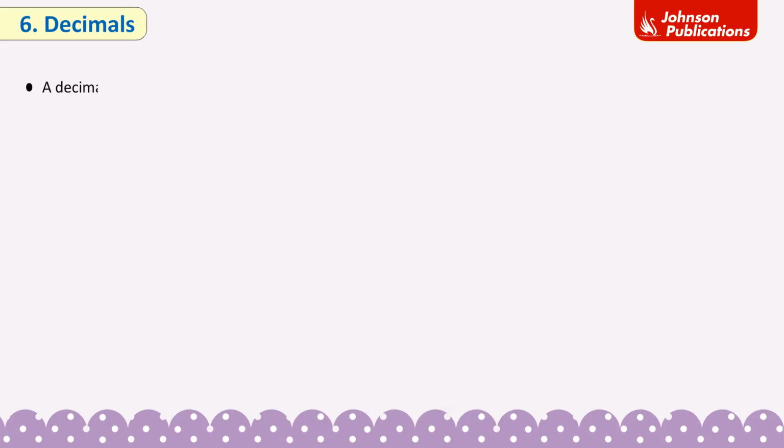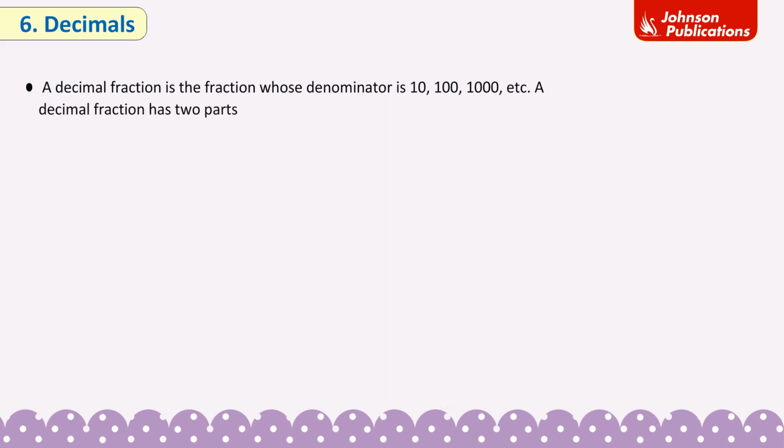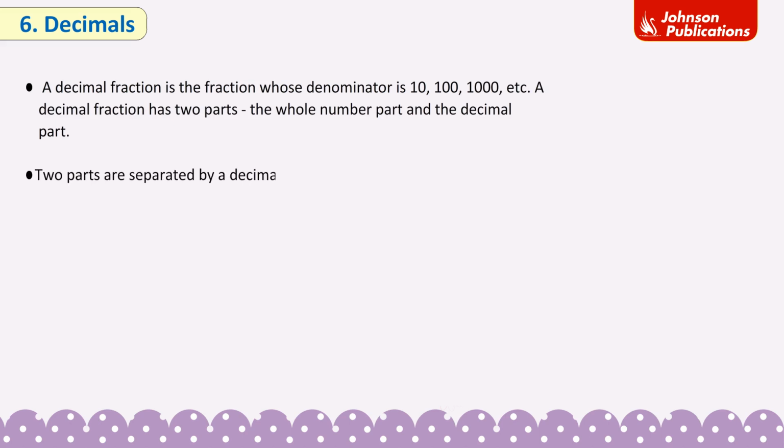Decimals. A decimal fraction is the fraction whose denominator is 10, 100, 1000, etc. A decimal fraction has two parts, the whole number part and the decimal part. Two parts are separated by a decimal point. The number